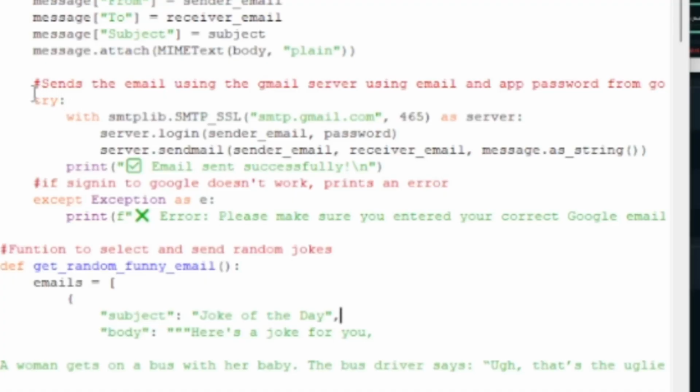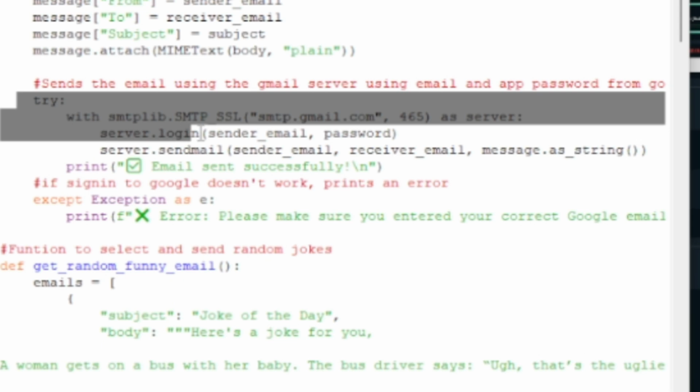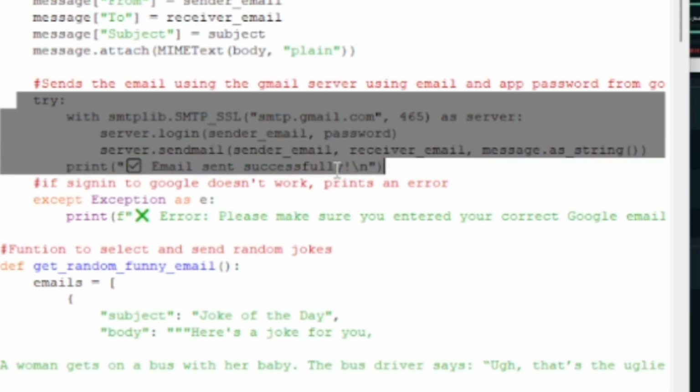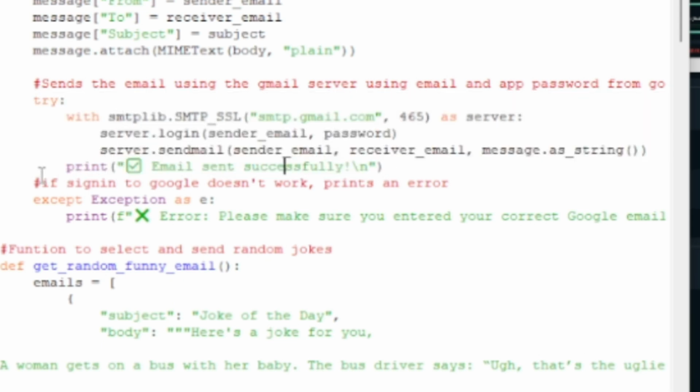Just type it in, and then once you click enter, it'll send. After all of this is entered, the email will be sent to the recipient. With this fancy thing, that's how the email is sent, and it verifies your email address and the app password to be able to